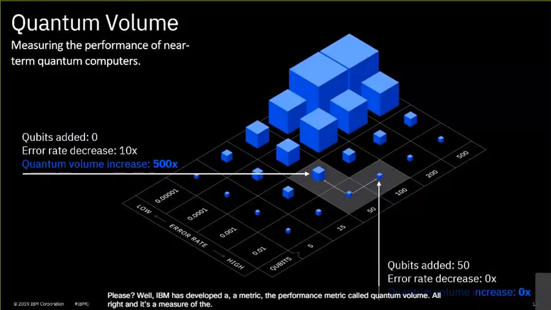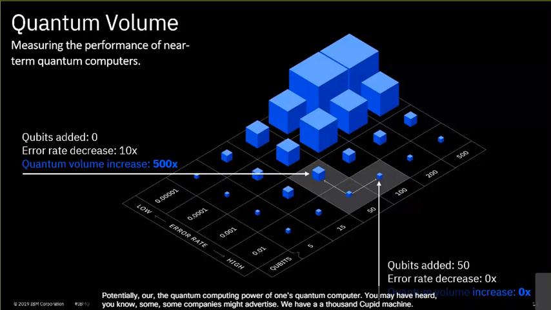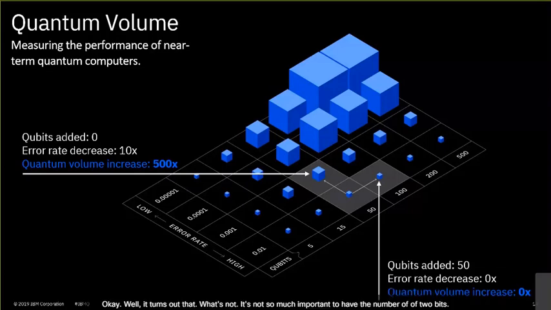Well, IBM has developed a performance metric called quantum volume. It's a measure of the essentially power, the quantum computing power of one's quantum computer. You may have heard, some companies might advertise, we have a 1,000 qubit machine. Well, it turns out that it's not so much important to have the number of qubits, but to have